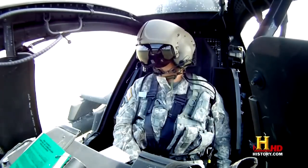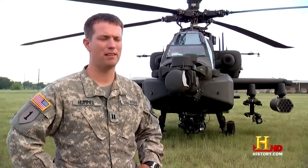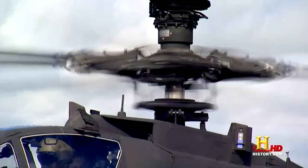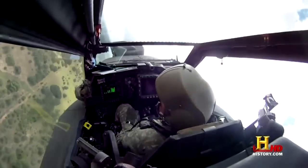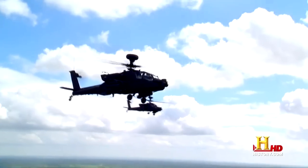I think some of the newer features that make this aircraft as amazing as it is its capability to stay in the fight for long periods of time, its ability to take an excessive amount of enemy fire and still stay in the fight and provide that capability to guys that desperately need it. It's what makes the Apache one of the military's most advanced and most celebrated aircraft. For a thrill ride without the heights and the 2-year training course,